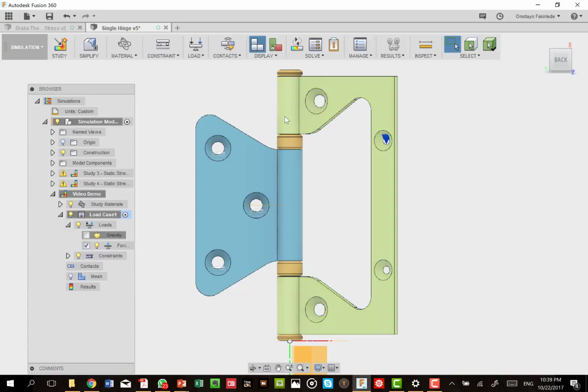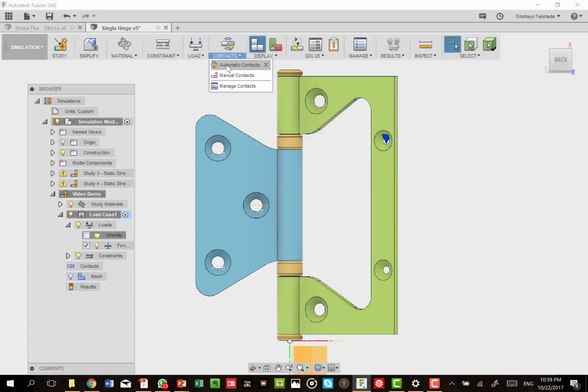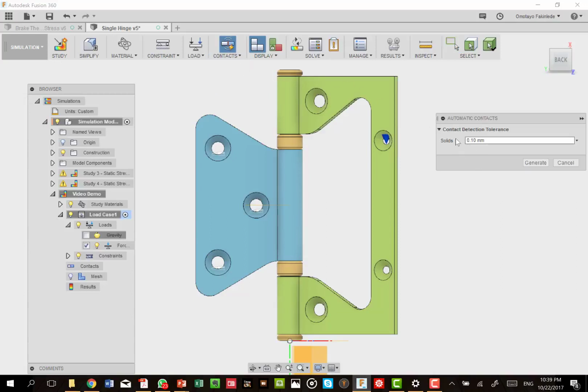So we have done the meshing description. We have done the constraint. We have given the loads. After doing those 3, the next thing we need to do is to look at our contacts. The easiest way to go is to look at the contacts and ask it to automatically generate the contacts.